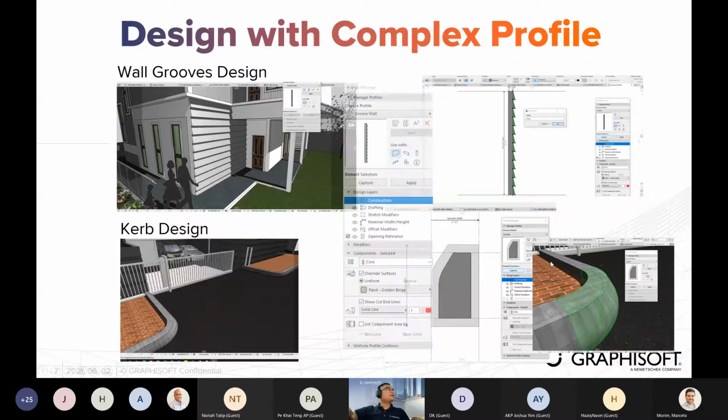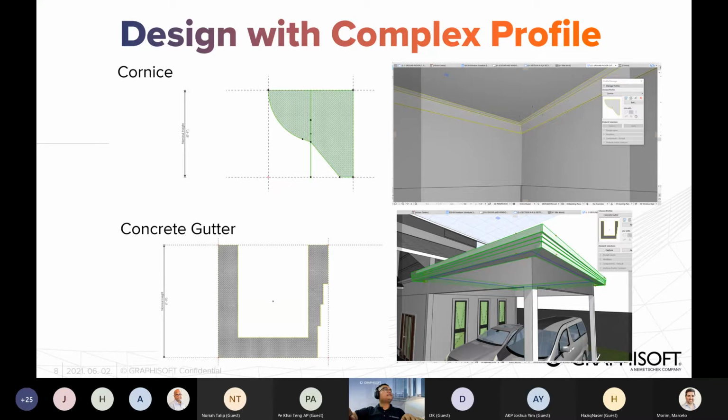We will also use the profile manager, how we can manipulate the current element and create a new shape of a design in ArchiCAD. Another example is how to create something like a cornice for your house using complex profile, and also maybe a concrete gutter like this image. You can see how we can create this automatically after having the profile, then we can apply it to the design. Okay. So I will share my ArchiCAD